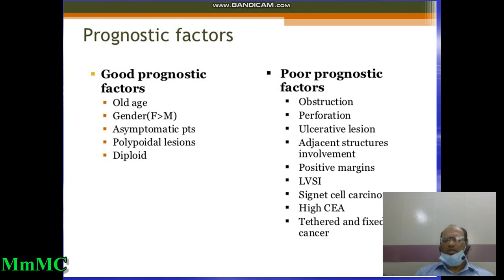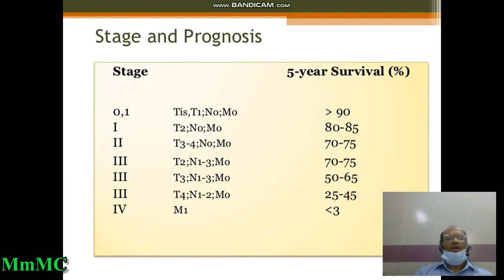যদি পেয়ে থাকি। Poor prognostic factors, that is obstruction, if the patient presents with acute symptoms, obstruction, perforation, if the lesion is an ulcerated one, adjacent structure involvement, after resection if there is a positive margin, if there is lymphovascular invasion, signet cell carcinoma, high carcinoembryonic antigen level, and fixed cancer। According to the stage, what will